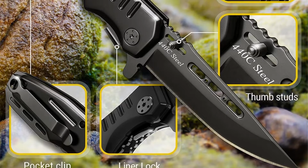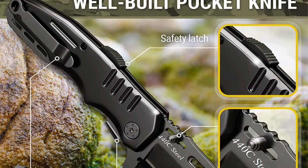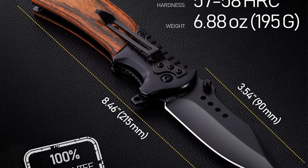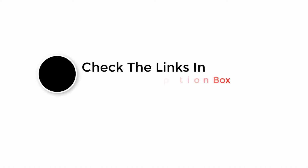Hey guys, in this video we are going to be checking out the best assisted opening knife. Through extensive research and testing we've put together a list of options that'll meet the needs of different types of buyers. We have included options for every type of user, so whether you are looking for a best budget,